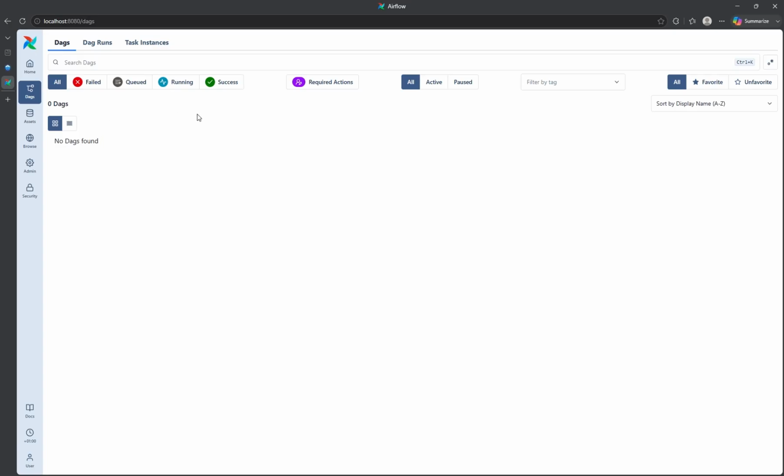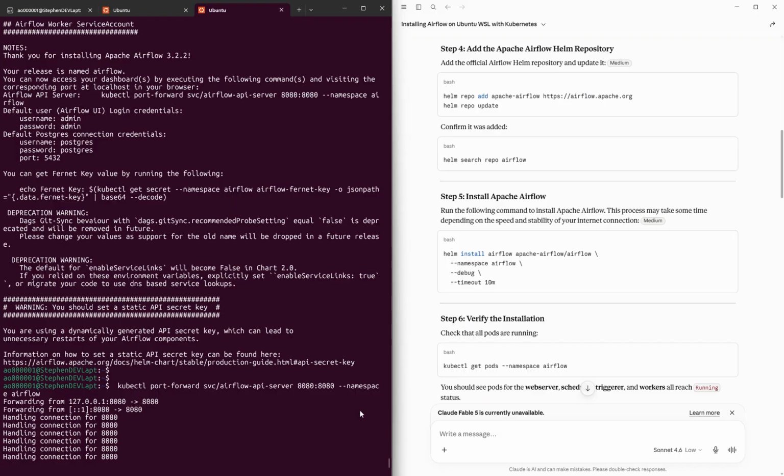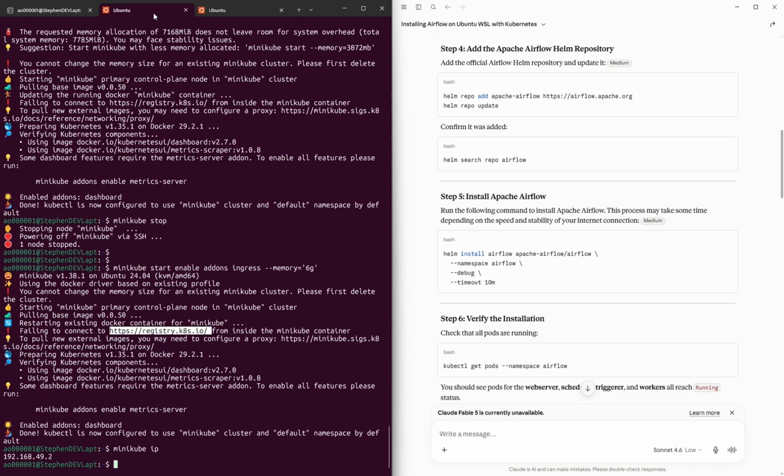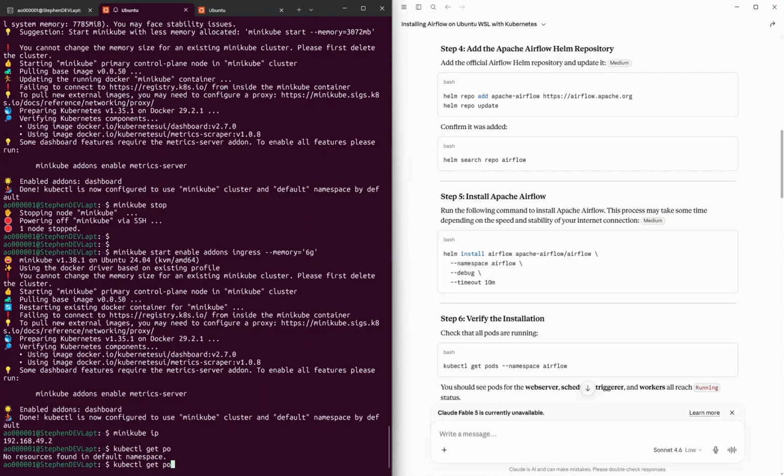There is a way you can create an Airflow DAG. An Airflow DAG is basically written in Python code and it's stored in that directory. So I'm going to run a simple command to check the location of the DAGs. So if I run kubectl get pods in namespace airflow,